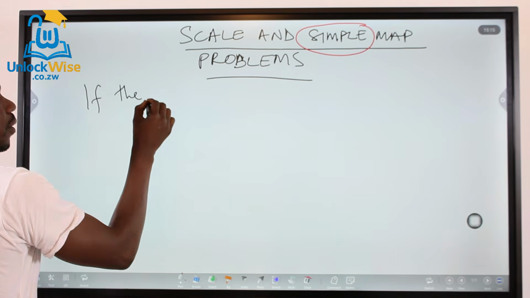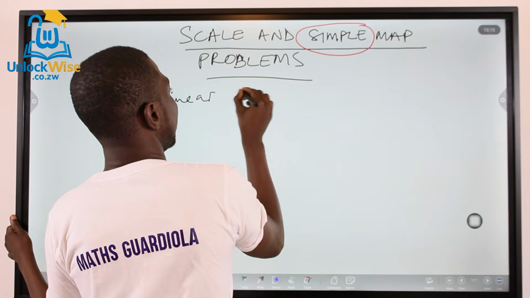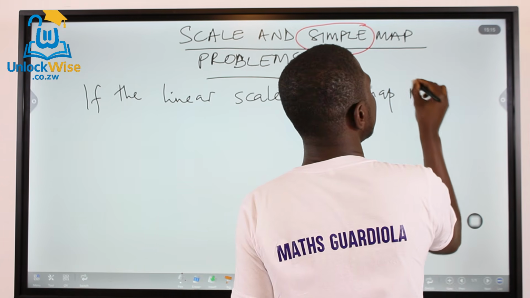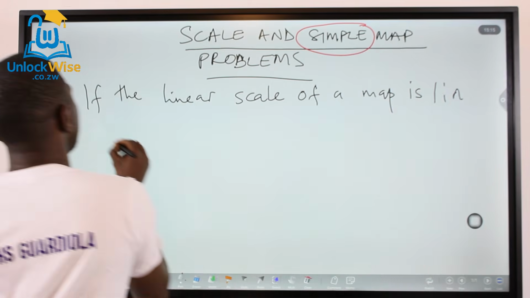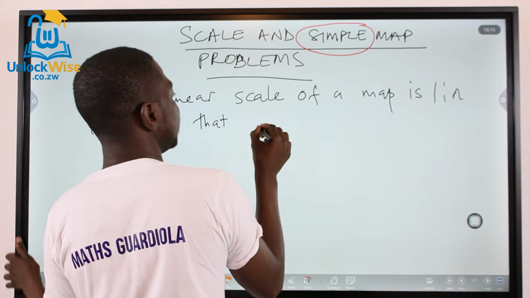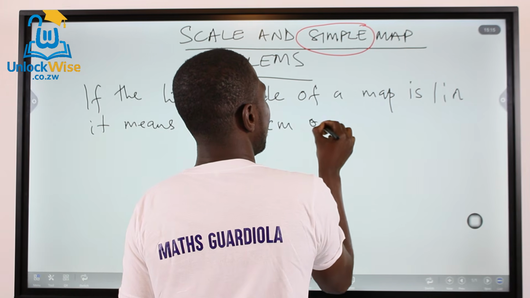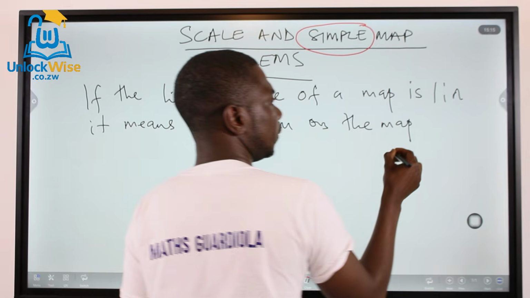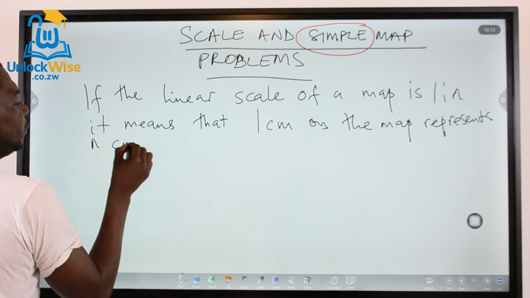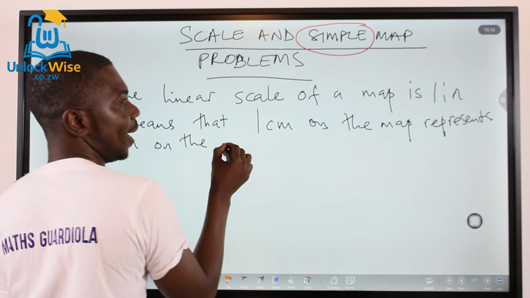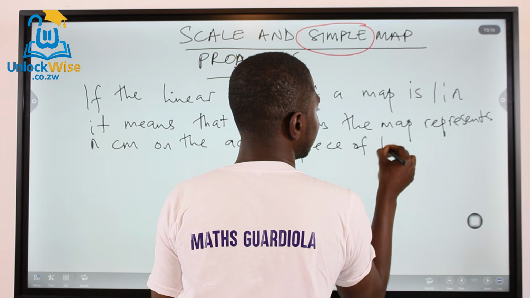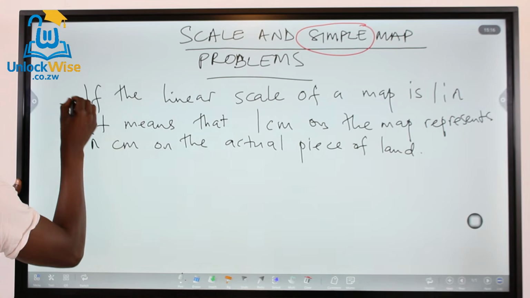If the linear scale of a map is 1:n, it means that 1 centimeter on the map represents n centimeters on the actual piece of land. That's one. Then I also want you to understand that